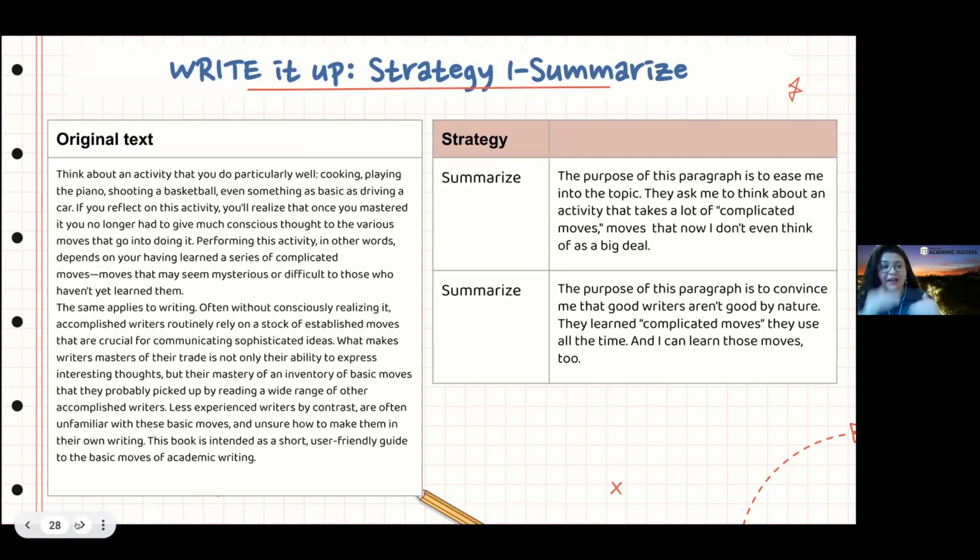So here we have the original text on the left-hand side with a piece of paper. If you have printed this out, or if you're using notes, just summarize. What does this paragraph tell me? What does that paragraph tell me? And in that way, by summarizing, you're also understanding the information, because remember, our working definition of a paraphrase is